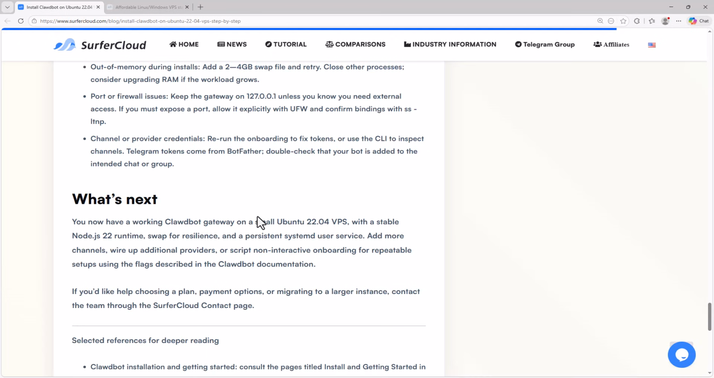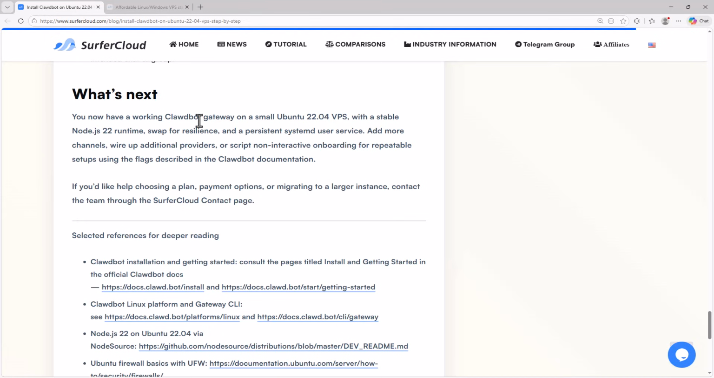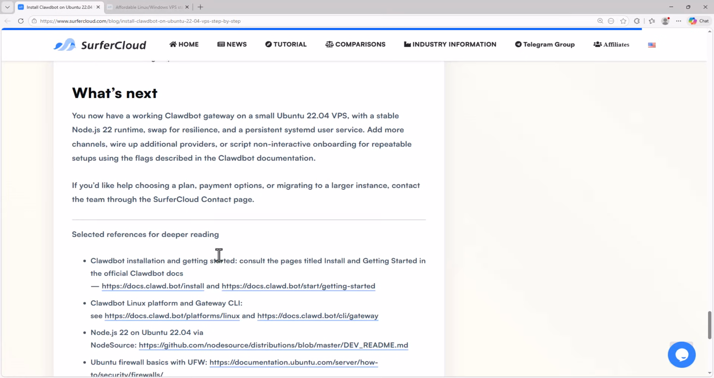What's next? You now have a working Clawdbot gateway on a small Ubuntu 22.04 VPS, with a stable Node.js 22 runtime, swap for resilience, and a persistent systemd user service. Add more channels, wire up additional providers, or script non-interactive onboarding for repeatable setups using the flags described in the Cloudbot documentation. If you'd like help choosing a plan, payment options, or migrating to a larger instance, contact the team